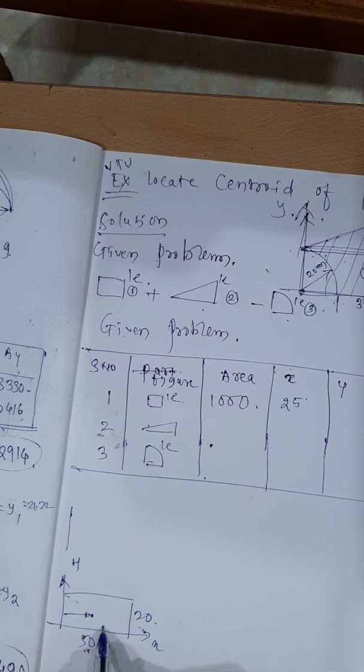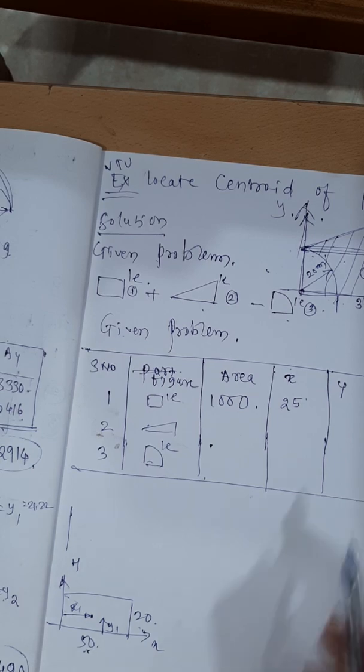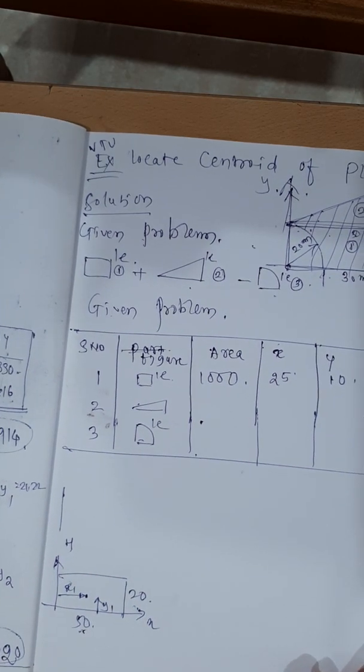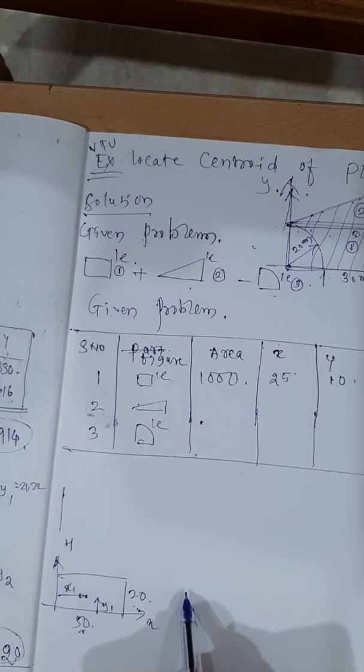And y1, when you are going like this, this will become the x1 and this will become the y1. y1 is equal to 10. Any doubt in understanding this one? Keep the figure in proper position. The rest is easy for you, right? You go for the next figure.